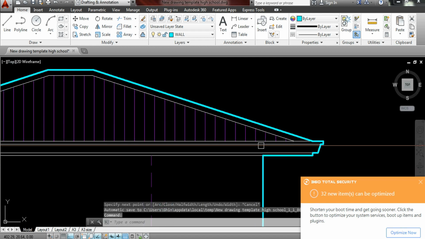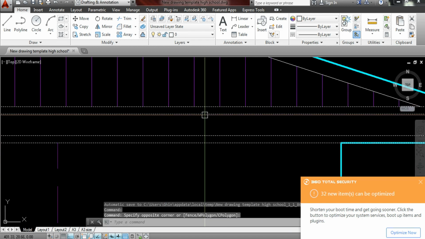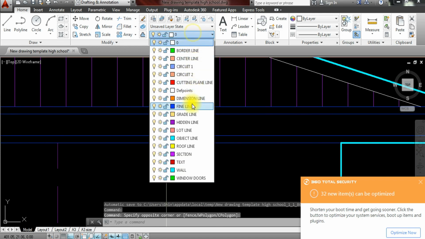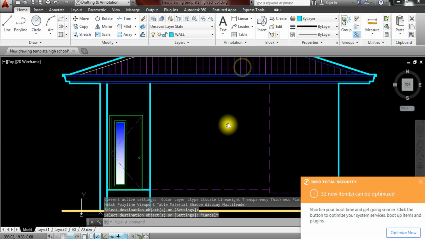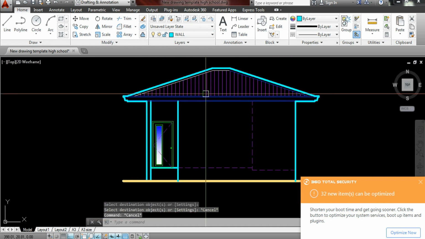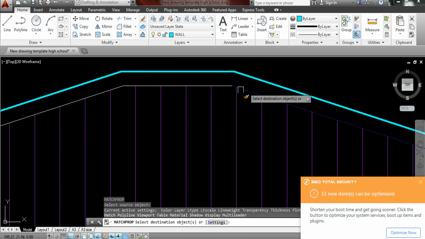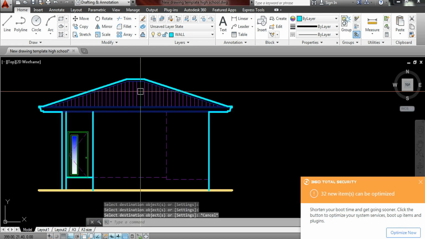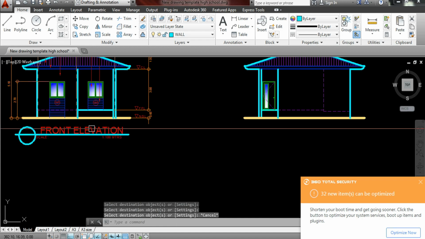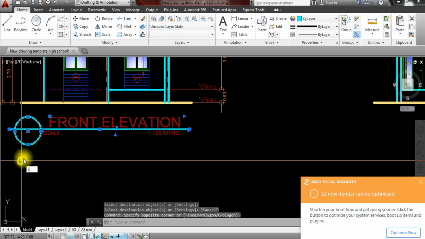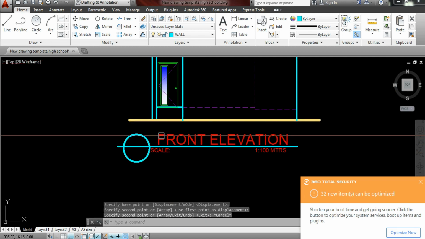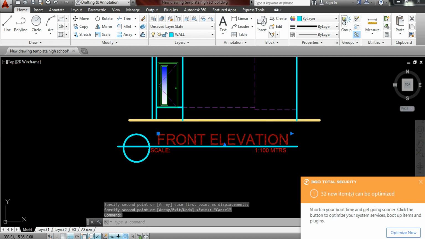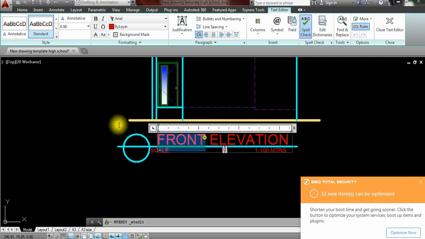Okay. So once tapos na tayo sa pag-outline, automatic I'm going to give this a fine line layer as a representation of the roofing. So there we have it, ang ating what we call the right side elevation. So what should I do? Copy this one and then move this right away here. Okay, and then I'm going to give it as a right side, or minsan ang ginagawa namin it should be capital